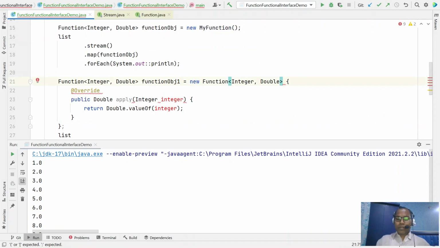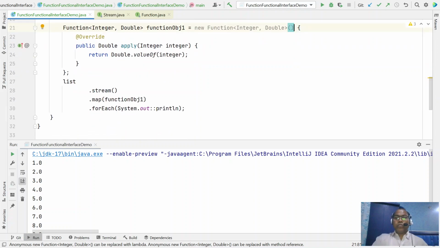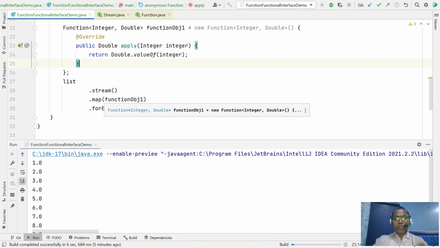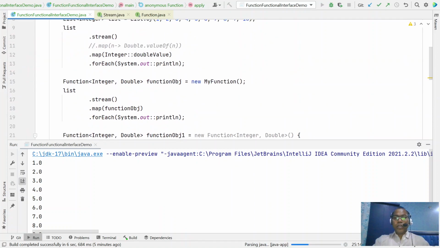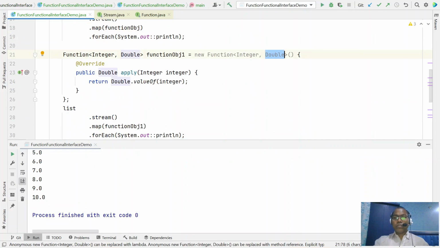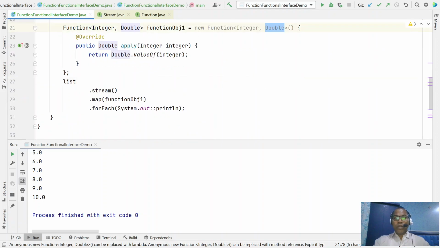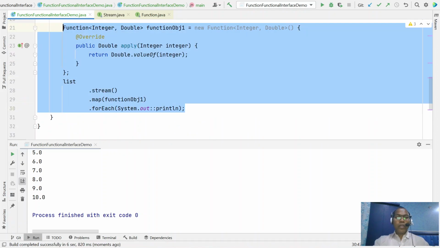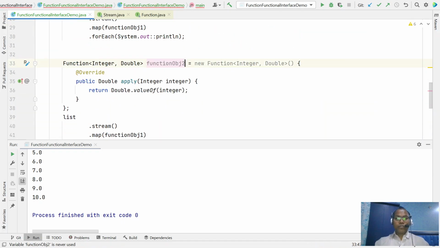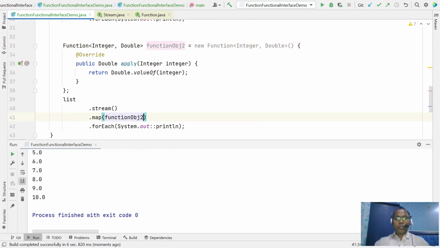Now just break it here. Now this is the one-way implementation. Let's see, I want to change. It works. So this is the second way. The first way, you can give the complete implementation class. The second way, you can give the anonymous class. And even you can, what do you think? What is the necessary part?